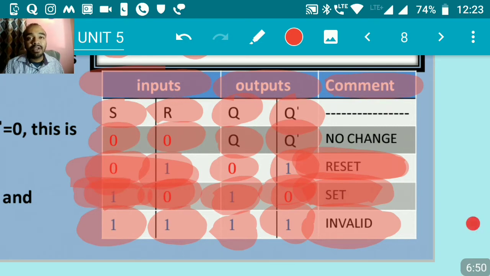And then we have one more input type, that is 1 and 1. When you have S equal to 1 and R equal to 1, Q is equal to 1 and Q bar is equal to 1, and this state of the flip-flop is what we are going to call the invalid state of the flip-flop, because it is not going to be valid. If Q is equal to 1, Q bar should be 0. Okay, so this is the truth table. Once you understand the truth table, let us try to answer the